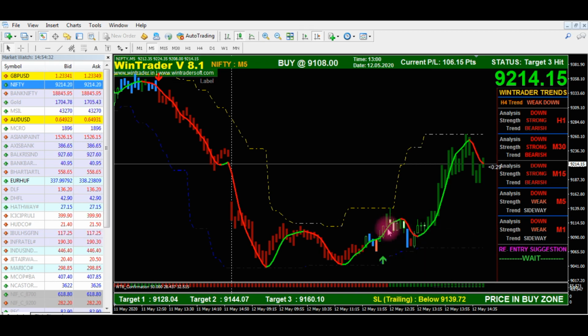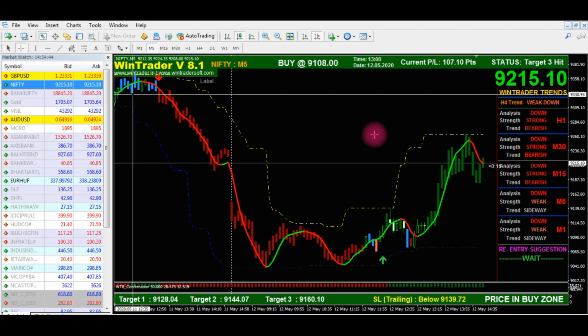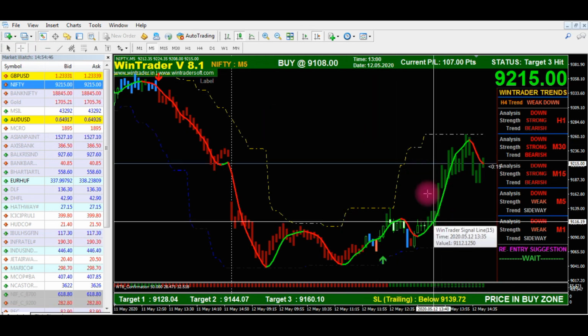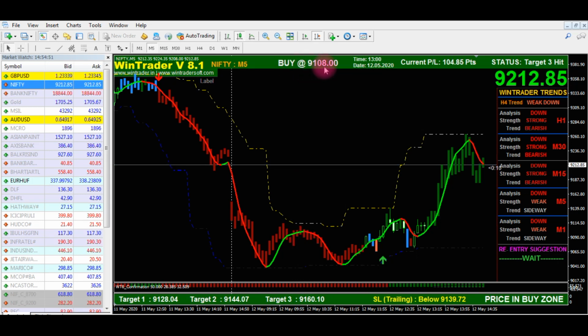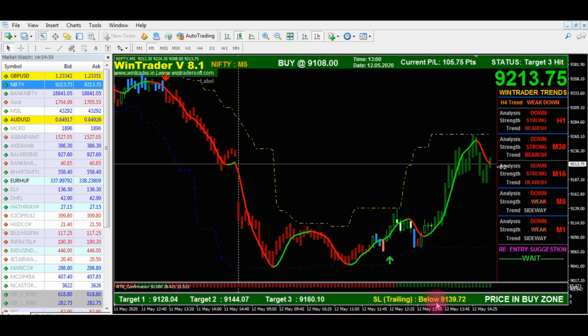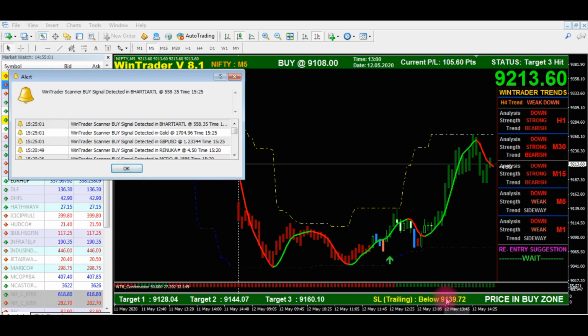In this case the green arrow was generated, but the candle color was not fully confirmed. We can confirm the candle from here onwards, so from the second candle onwards you can enter the trades. It's almost the same position where we got the signal. The confirmed buy signal shows on top at what price it was generated, and the targets are below: target 1, target 2, target 3. Three targets with the trailing stop loss are generated here.